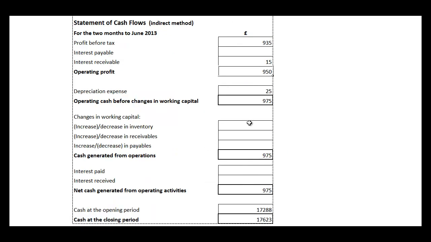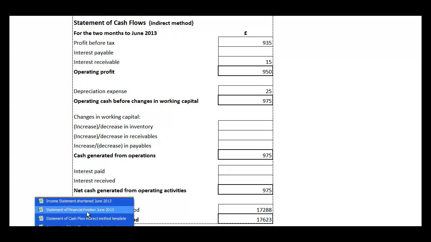Effectively, we're working our way back up the income statement and making adjustments as we move along. Now we have our operating cash before changes in working capital, but we do need to adjust this figure for these movements. And you'll notice that changes in inventory, receivables and payables are key areas here to adjust for. Again, to demonstrate where these figures have come from, if we return back to the worksheet